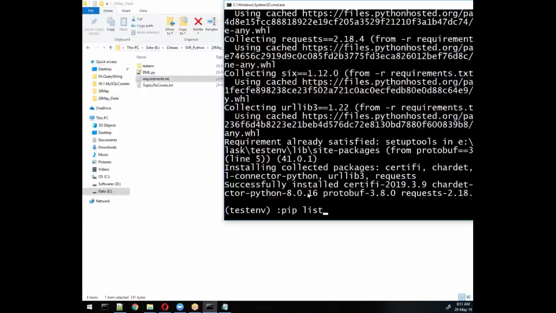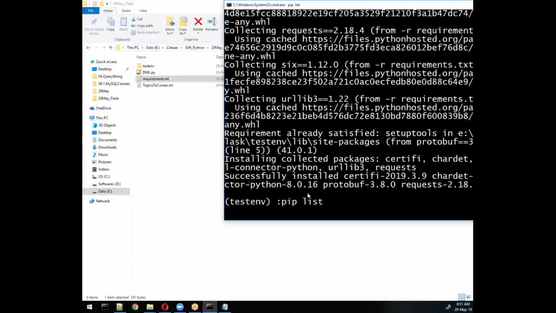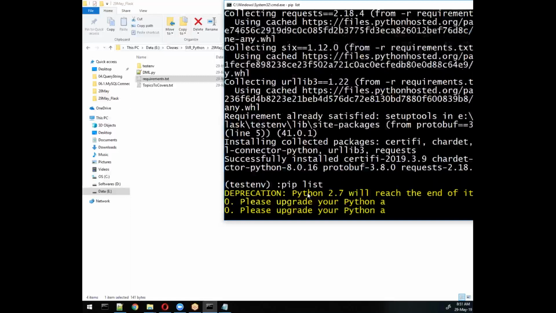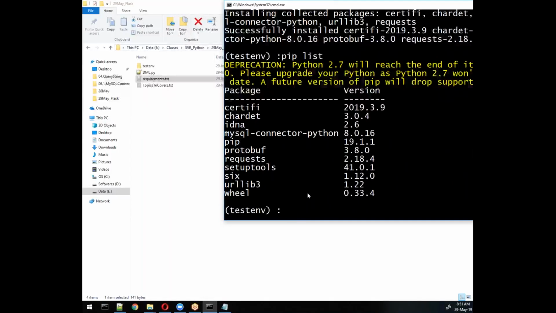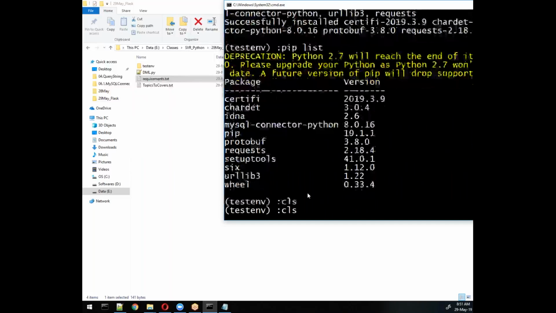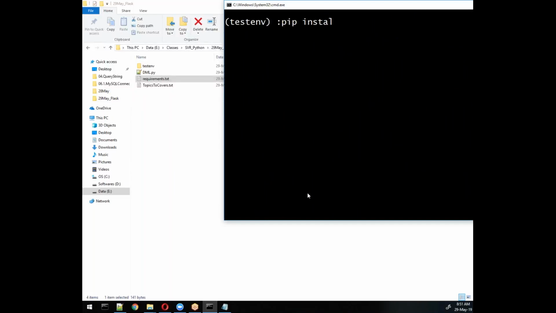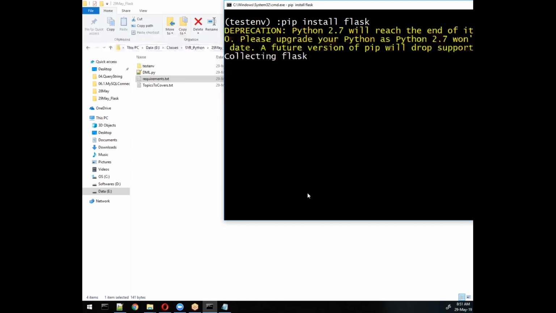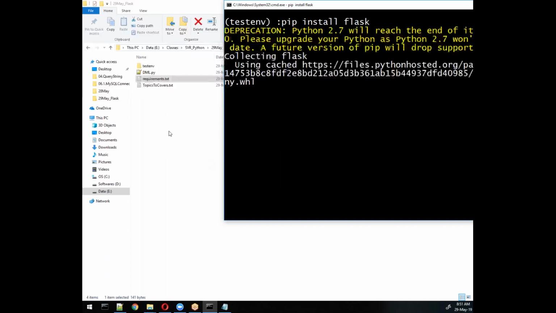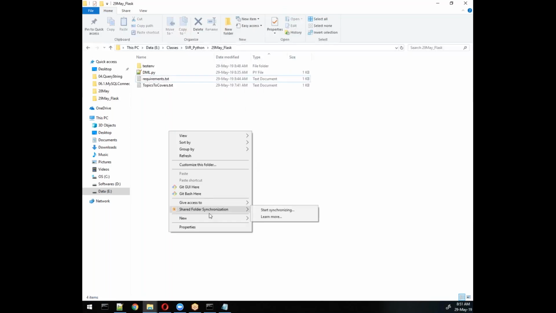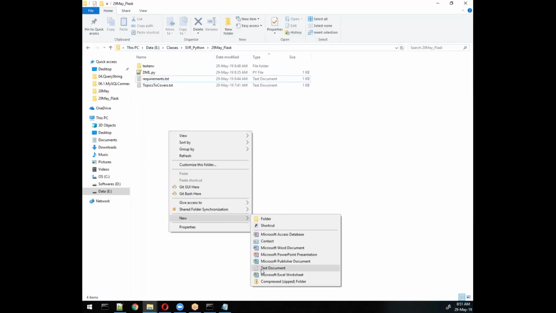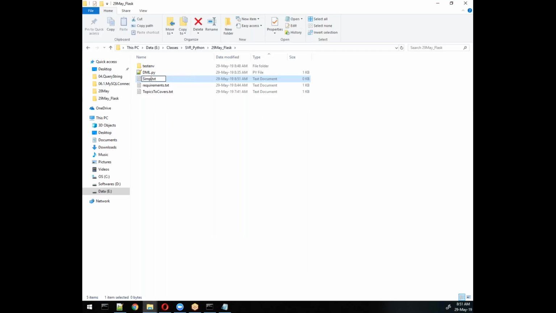Now you see pip list. You will get all the packages we installed earlier. Now I want to install one package: pip install flask. Flask is also one type of package, remember. So I'm installing flask, and then here I'll write one Flask program which will help you understand what Flask is. I will write a basic program, a simple web server, with a .py extension.